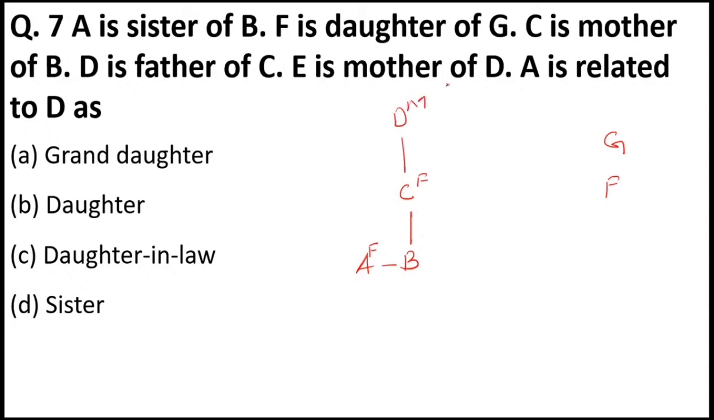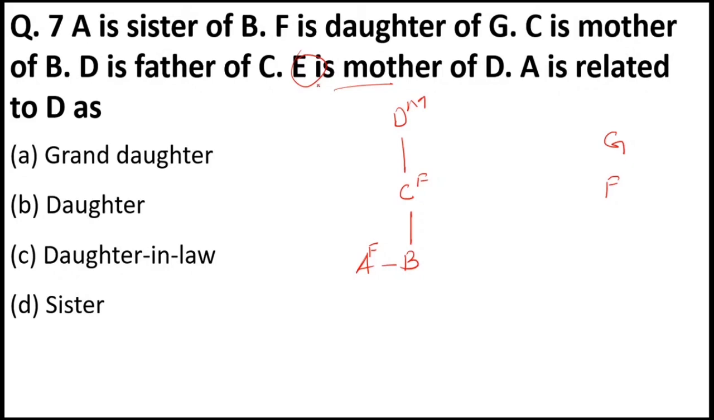E is the mother of D. So if we just leave this line, let's come to our question. A is related to D as A is related to D. They are nowhere asking about E, but still they have given it. Why? To just make you confused, to give you a lot of information so that you don't come to the answer,